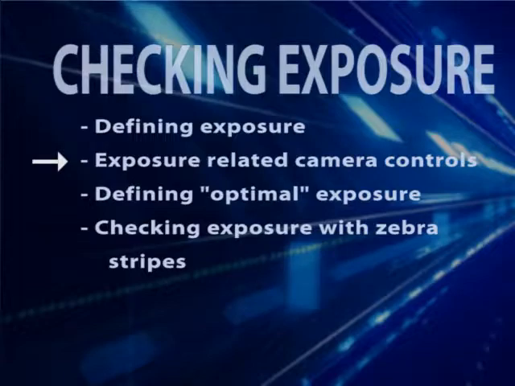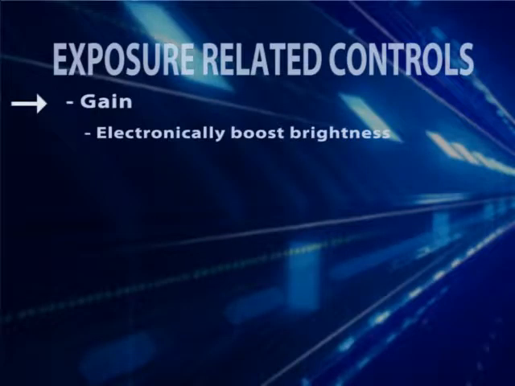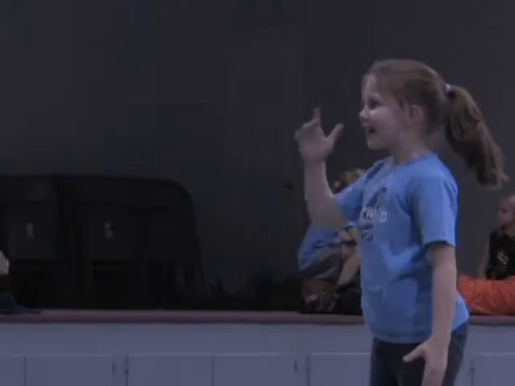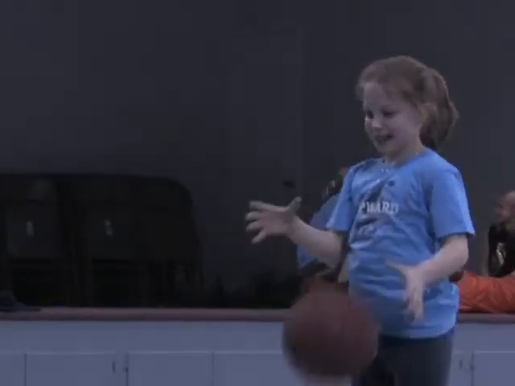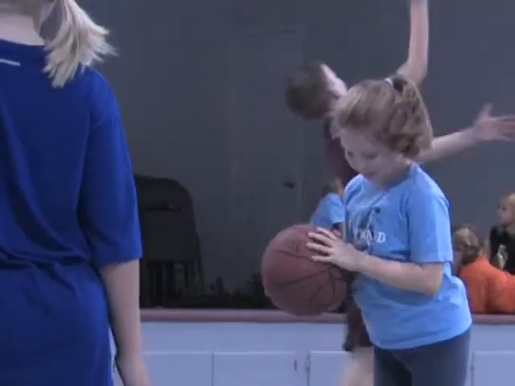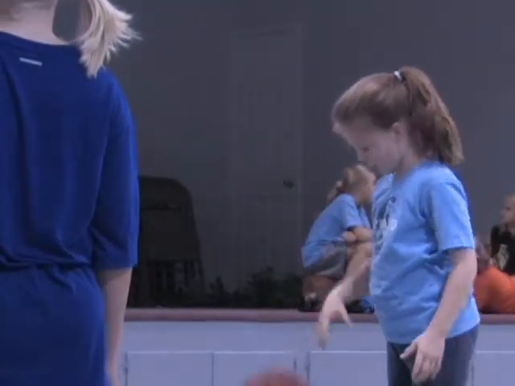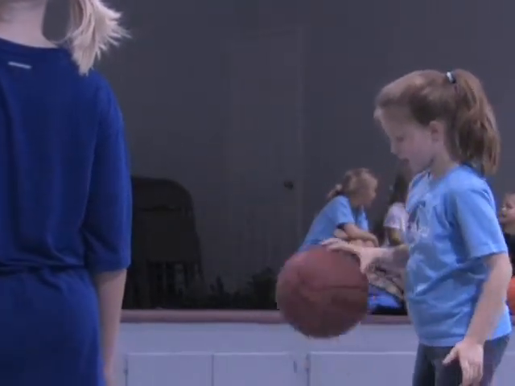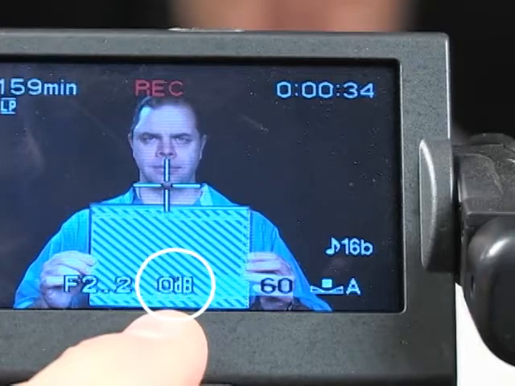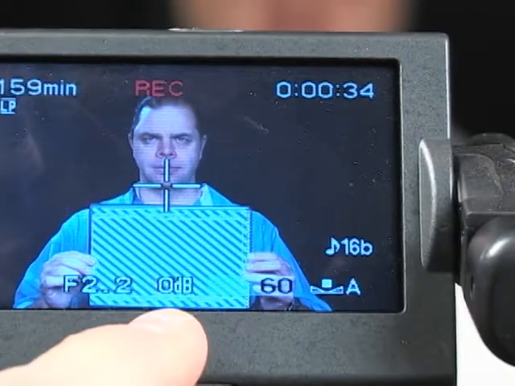There are three main camera controls that impact exposure. The first is gain, which electronically brightens the signal, almost always introducing noise into the video. For example, note how the noise in the background jumps when I boost gain and brighten this video. At lower data rates, noise causes ugly compression artifacts. For this reason, it's best to set gain to 0, as you see here, and use other controls to adjust